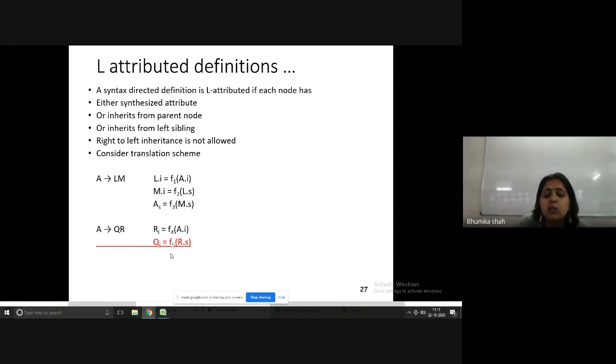So you can state in the conclusion that this grammar is not L attributed. This question has also been asked in a few question papers, that check whether the given grammar is a valid L attributed grammar or not. It is not, because of this quality. See, in this case, along with the grammar, the semantic action will also be given to you. You have to just check whether it is satisfying the given conditions or not. The value of A is calculated from the value of the child node; that is synthesized, which is allowed. So the only semantic action which is not satisfying our condition is this fifth one, and hence the entire given grammar is not an L attributed definition.